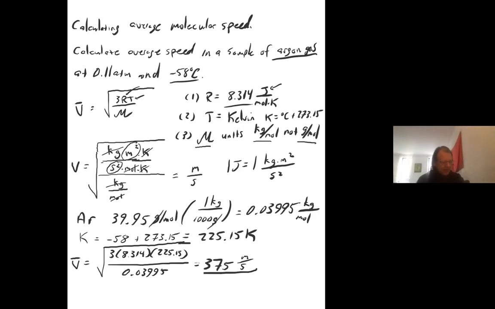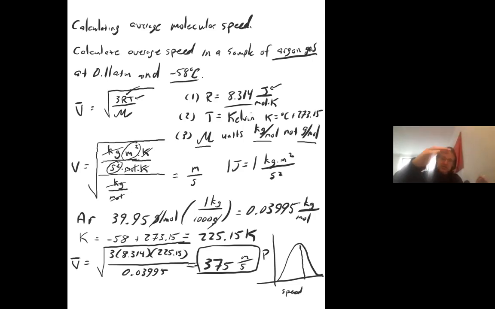Now keep in mind that right there, that's not all that different from the graph we just looked at. Remember we looked at the graph? I didn't skew that very much, but remember we had probability and then we had speed here. So really what you're calculating here is a little bit to the right of the peak. It's not the peak. The reason it's a little bit to the right is that the graph is skewed, so you're going to be a little bit past the peak. So there's your 375.